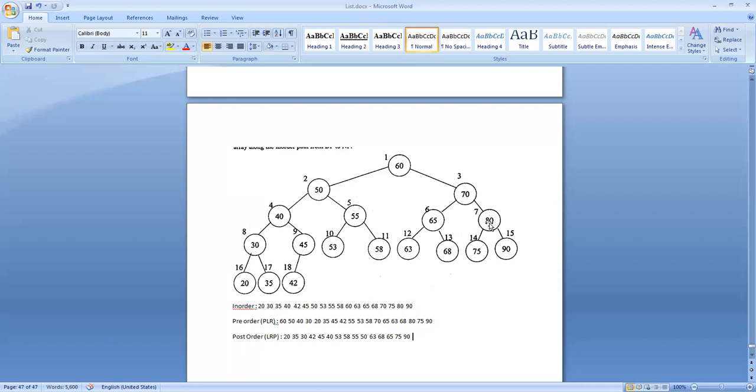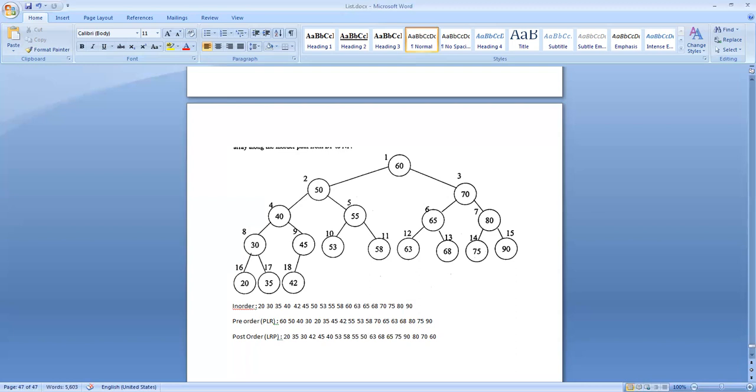Then the parent 80. 65, 80, parent 70. Then the parent 60. So this is the post order of this tree. Compare this result with your assignment and check whether they are matching.